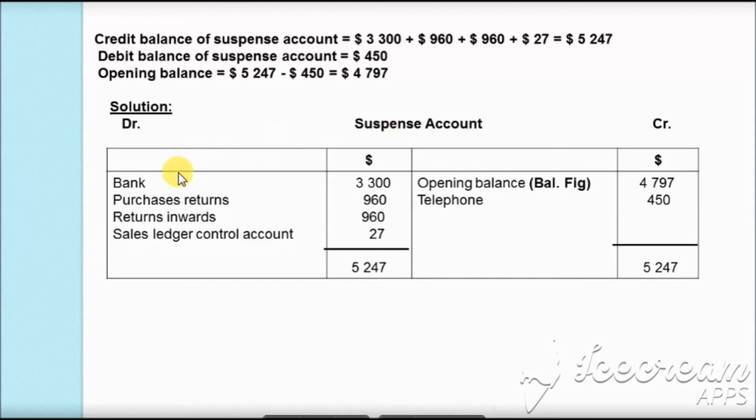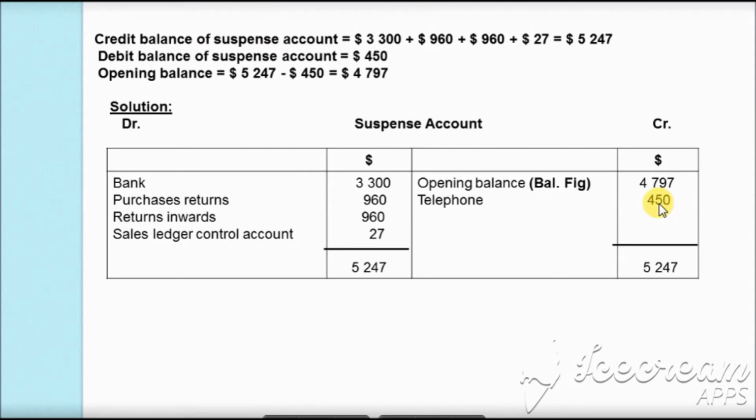Now as we have analyzed all the information, let's make the suspense account. In the suspense account, we will mention the bank, which was the first entry, as a debit balance, bank $3,300, to rectify this. Then purchase return $960 on the debit side to rectify it. Return inwards $960 again on the debit side to rectify the credit balance. Then the sales ledger control account $27, which was credited when there was an error. Now we are debiting it to rectify it. Then we will start with the opening balance, which we have calculated here as $4,797,